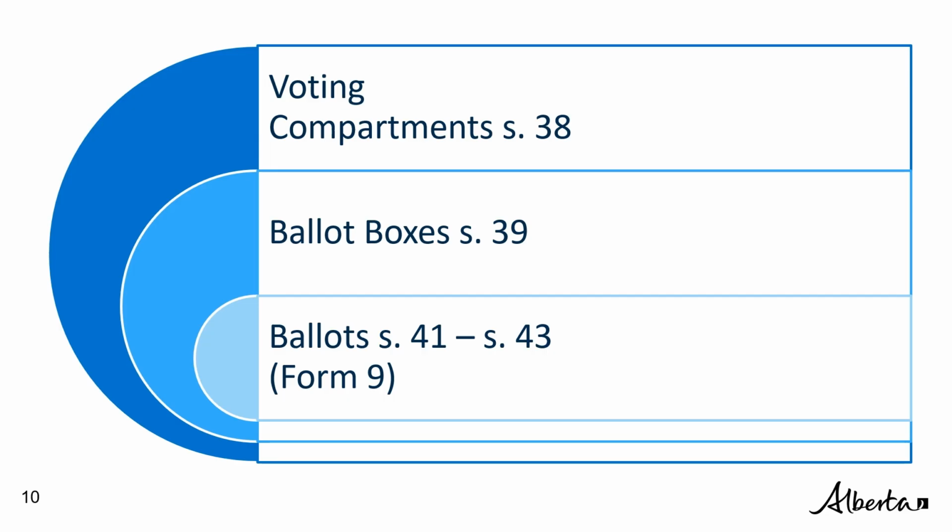Each ballot will have the name of each candidate, and the names are to be arranged alphabetically by last name. Municipalities may also have ballots printed in lots pursuant to Section 43 sub 3 if a bylaw allowing this is passed 2 months before the election. Ballots should be ordered as soon as you have a confirmed list of candidate names. Always check the line on the nomination form where candidates have indicated how they want their name to appear on the ballot. This may be different from the name on the first page of the form.